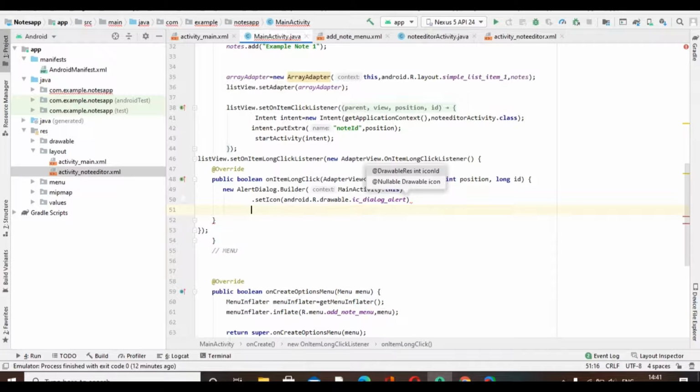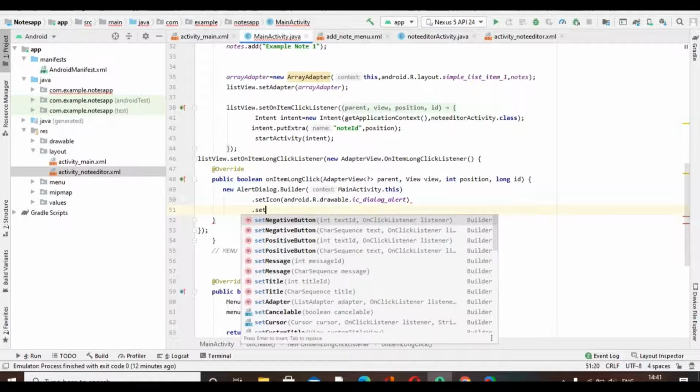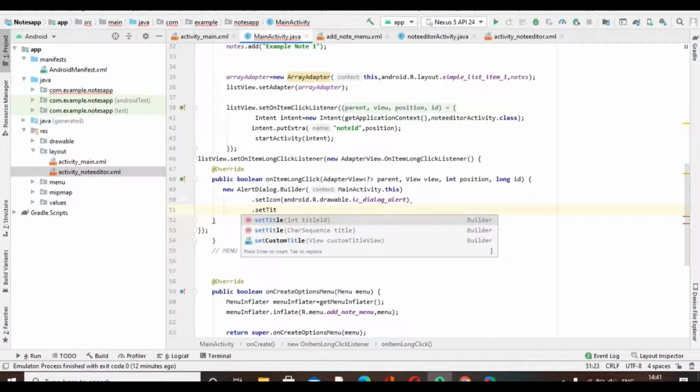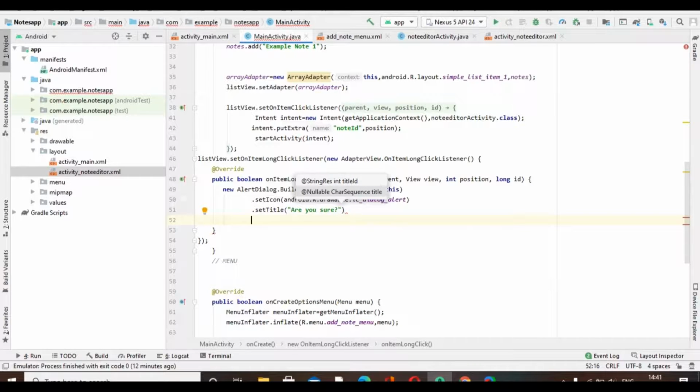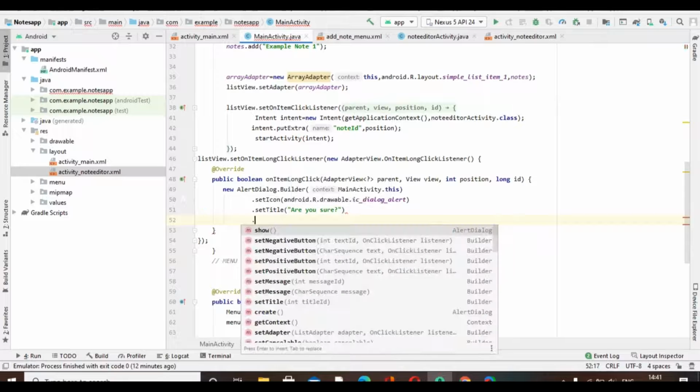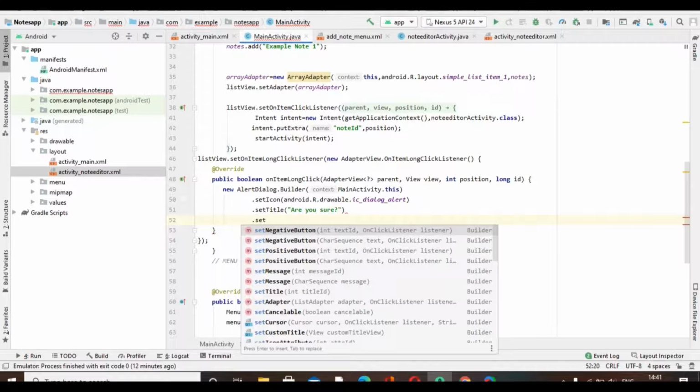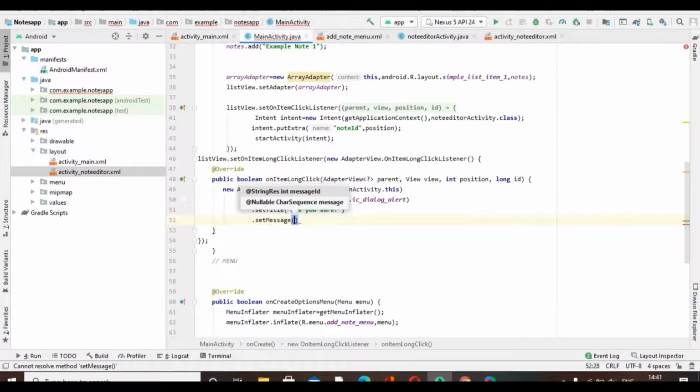So we will use the same format: set title. Now we have to set the title, like whenever the dialog box appears, what do we want the title to be? I will say "Are you sure", and we'll implement this. Now we want to set the message, like what message our dialog box should contain. Set message, and inside of that we will add "Do you want to